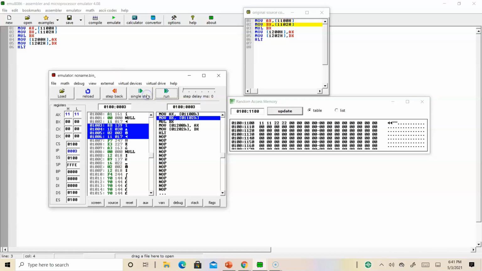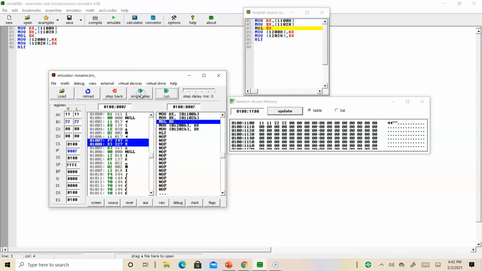So if I use single step, see first instruction has been executed, the first data has been moved to AX register. Again press single step, second data moved to BX register, and then multiplication operation is performed. So AX and DX value differ, right?